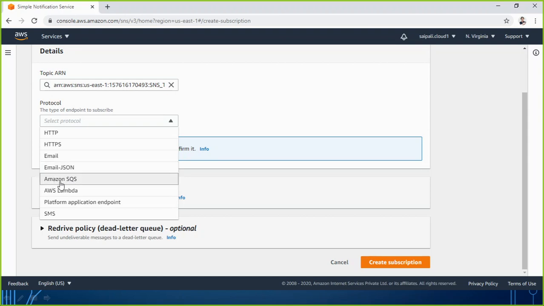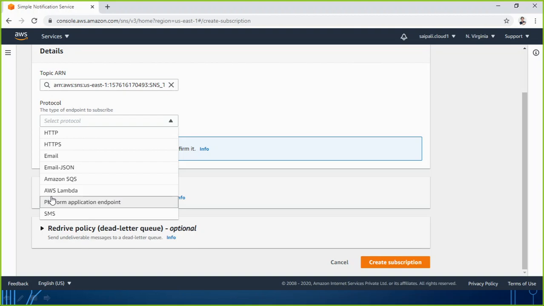Or Amazon SQS. We haven't learned SQS, so leave it right now. Amazon Lambda, or a platform application endpoint, or you want to receive an SMS on your mobile phone. You can choose from here which type of notification protocol you want to use.